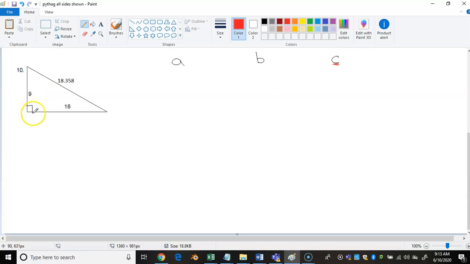Here's the square corner. I just added that in. You should do the same. And this is going to be C because it's the one that's across from the right angle. Now the other two sides we'll call A and B. Let's call this one A this time, the one down the bottom and the one B over here. You'll get exactly the same answer if you swap those over, just the numbers will be in different places here. Okay, so let's have a look at what we've got. A is 16, B is 9, and C is